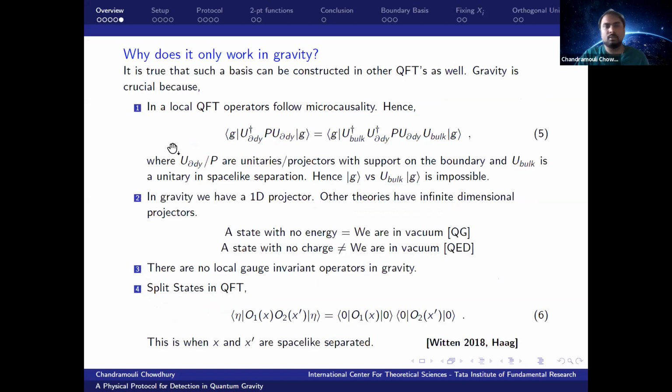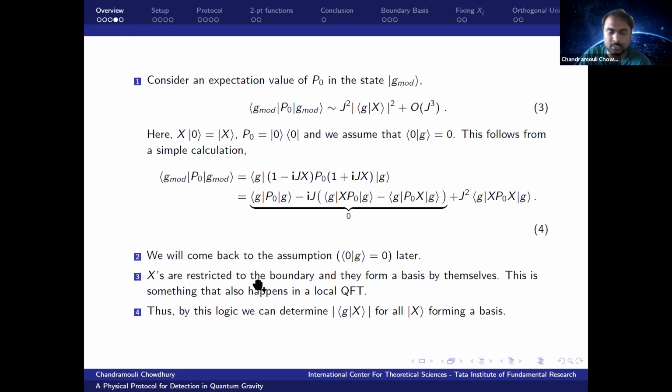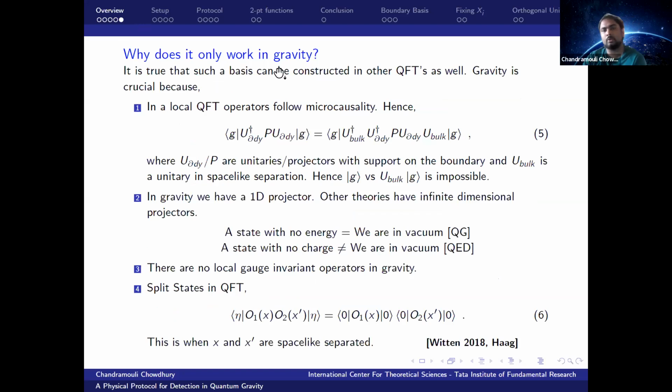Now let me tell you why this kind of thing will only work in gravity and not in QFT. Why is it that something like this will only work in gravity? The reason is that in local quantum field theory, you've got microcausality. What I mean by microcausality is that operators in space-like separation commute. So if you take a point on the boundary and a point deep inside the bulk, and consider operators at those points,